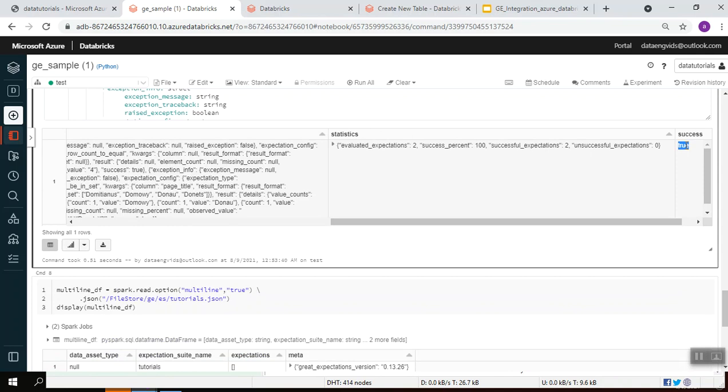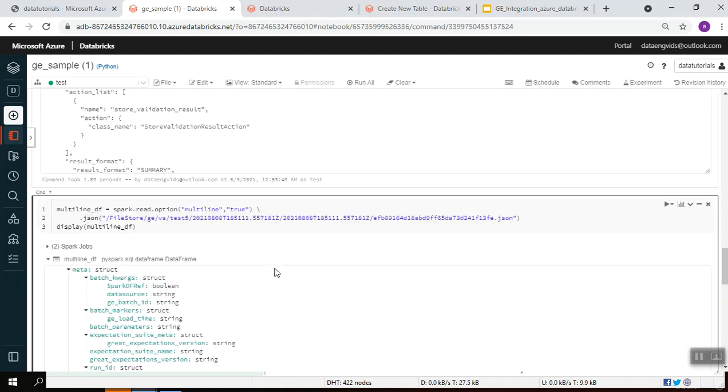If one of the test cases failed, it will be updated as false. We have evaluated expectation 2. Success percentage is 100% because two conditions have been passed. Successful expectations 2, unsuccessful is 0.